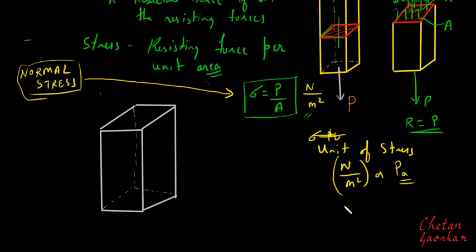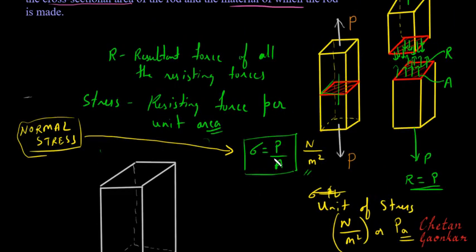And suppose the force is in terms of Newton and the area turns out to be in terms of mm square, then this can also be written in terms of megapascals, because this mm square, if I want to convert it in terms of meter square, it will be 10 to the power minus 6, and if I take it on top, it will become 10 to the power plus 6. So 10 to the power plus 6 I can write as mega, and this will again be Pascal, so I can write it as megapascals. So this will be the unit of stress, either in terms of pascals or Newton per meter square or Newton per mm square, which is the same as megapascals. So these will be the units of stress.